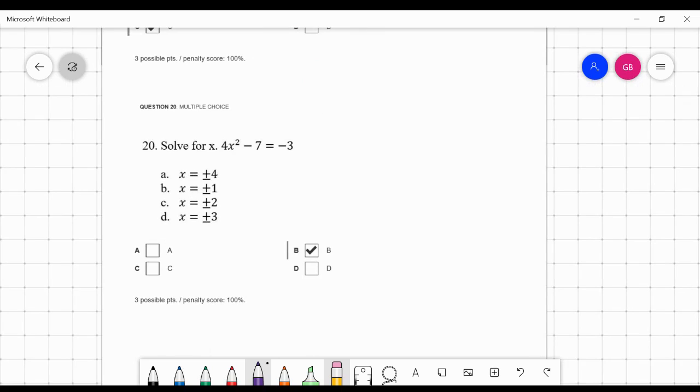Okay, and then finally number 20, we're going to solve for x. So first we're going to add 7 to both sides. So 4x squared equals 4. And then we're going to divide by 4. So x squared is 1. And then we're going to find the square root of both sides to get the x by itself. So x is equal to positive or